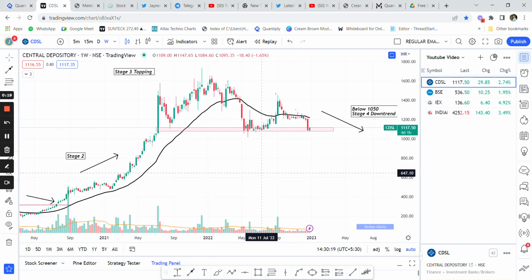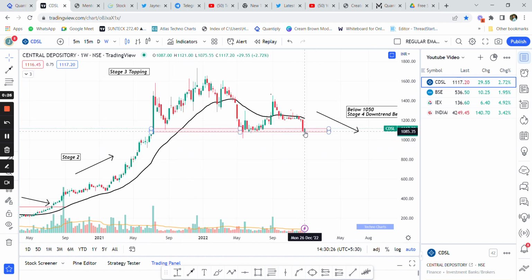So as you can clearly see that CDSL is now in the stage 3 topping period, and as soon as it breaks 1085 rupees or 1050 rupees, the stock is going to go into a fresh downtrend here. So the stock has been sideways for the past 1 year or so, more than 1 year, and this is a clear sign of a topping area. And personally I think that CDSL has made a top here. There could be some kind of bounces till 1200 rupees, but personally I think that these bounces have to be